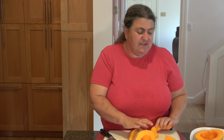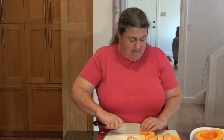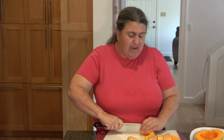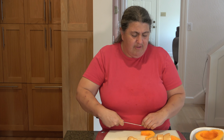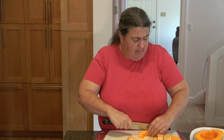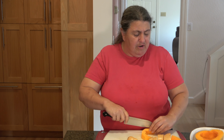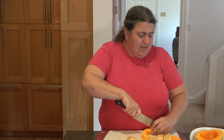And what you're going to want to do now is you've got these discs or these kind of half circles, and you're just going to take your knife and you're going to cut the utmost outer edge off. So I'm cutting off a very thin slice to get the peel off on the outer edge, and just that peel edge is all you want off. They're very tiny. I'm going about 1 inch around the circle because it's pretty hard to get